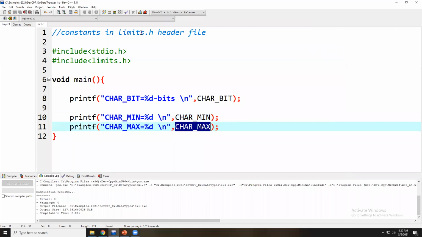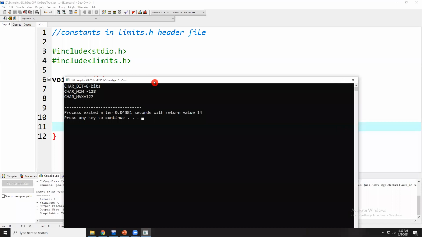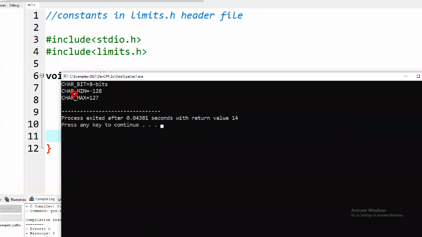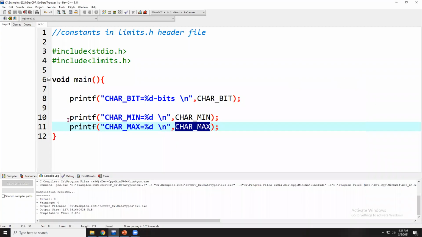Save this application, recompile, rerun. Observe, it prints CHAR_MAX is plus 127. So this is the CHAR_MIN range and CHAR_MAX range. The CHAR_MIN range is minus 128. The CHAR_MAX range is plus 127.